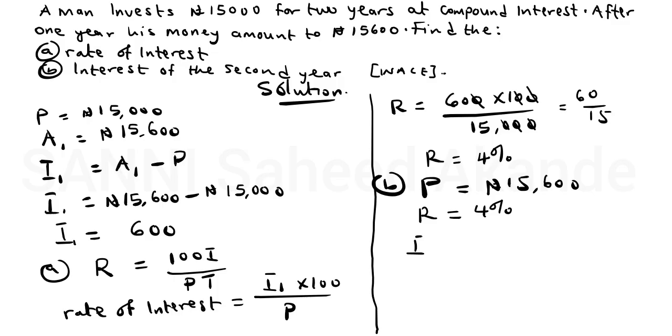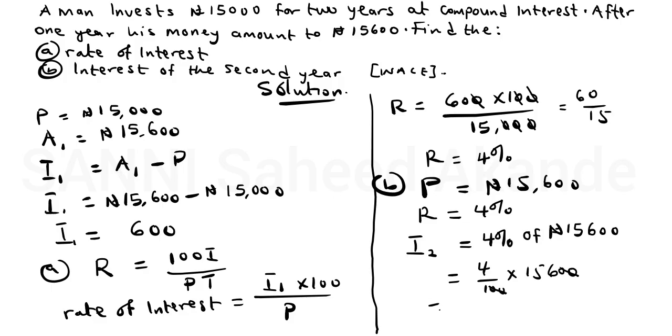that's interest for the second year, is equal to 4% of the principal amount, which is 15,600 naira. Okay, so this 4% is 4 divided by 100 multiplied by 15,600 naira. So these two zeros will cancel, so we are left with 4 multiplied by 156. So I2 will be equal to 4 times 156 will give us